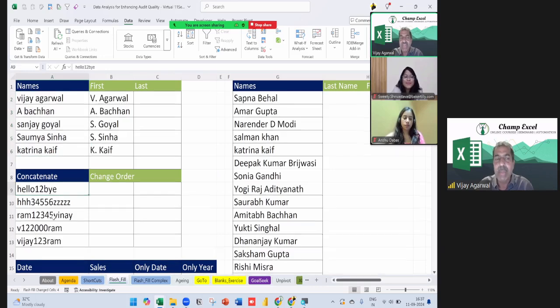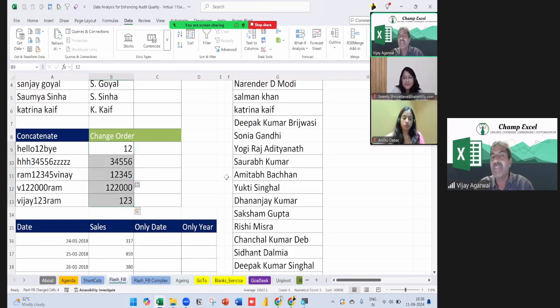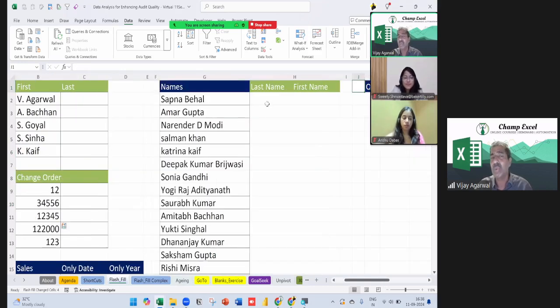In the same way, sometimes we have a single word with both name and numbers, and you want to find only the numbers. Just give one or two examples, press Control E, and you get the numbers. This is not possible even with formulas, but with Excel's Flash Fill, this artificial intelligence, it is going to give us a quick result.